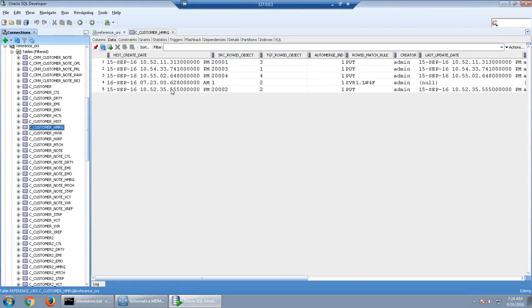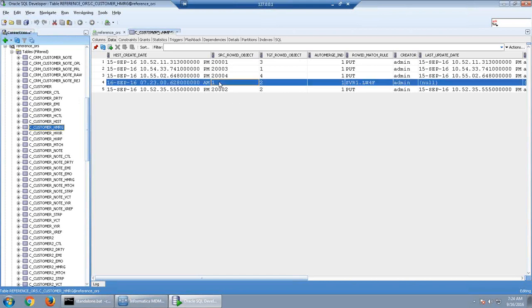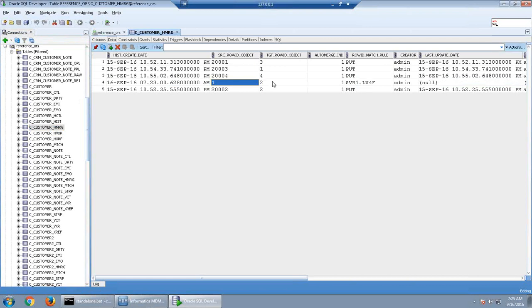In the HMRG table, we can know which record has been matched with which record. Here you can see the source OID object is 1 and the target OID object is 2. So 1 has been merged into 2. We can see the source record and the target record, based on which we can identify which records have merged into which one.